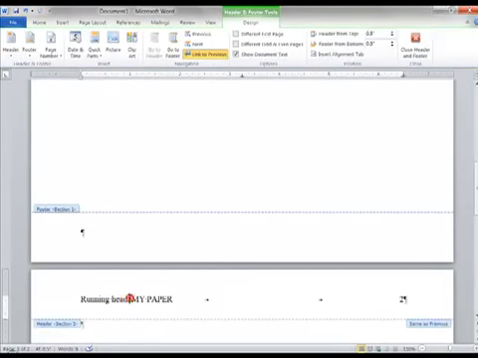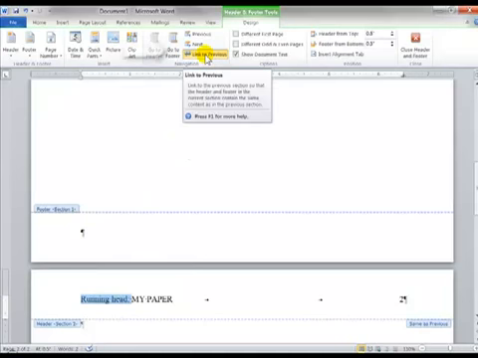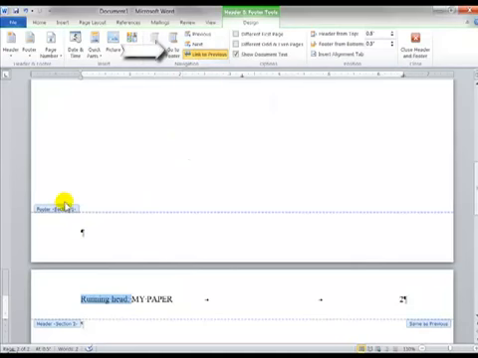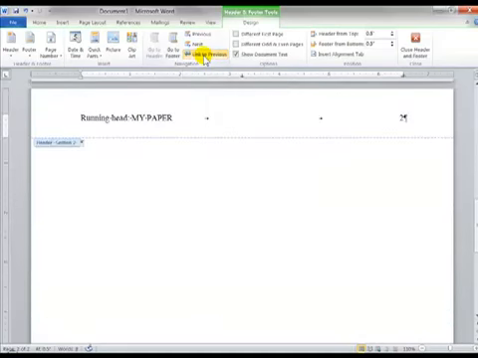and I'm going to remove where it says, wait, wrong order. You see where it says link to previous? Do you see how this says section 1 and this says section 2? I'm going to unlink it so it's not, oh wait, let me show you one more thing. Look down here. You see how it says same as previous? I don't want it to be the same as previous. I want a different header. So I'm going to click there where it says link to previous, and it shuts off that link to the